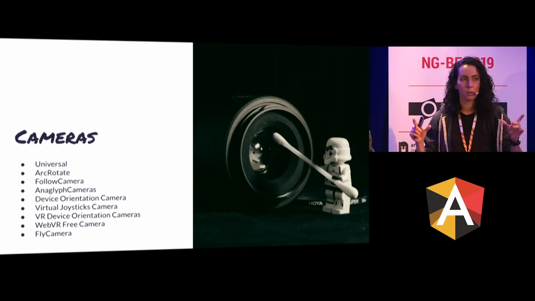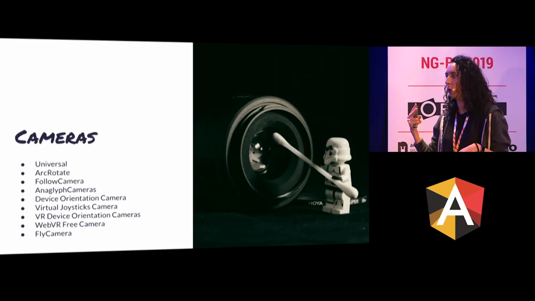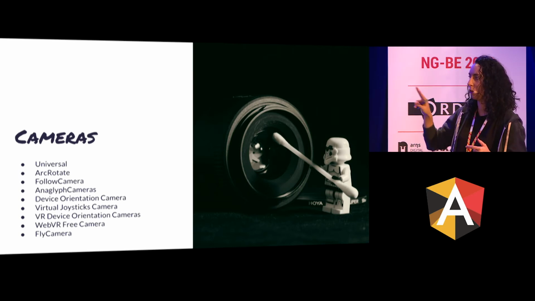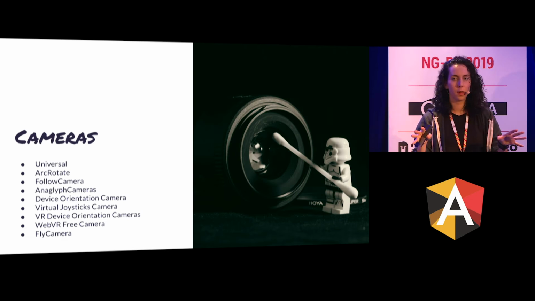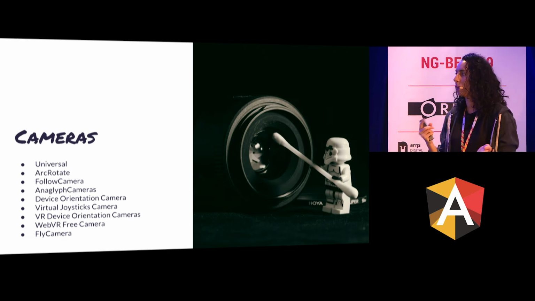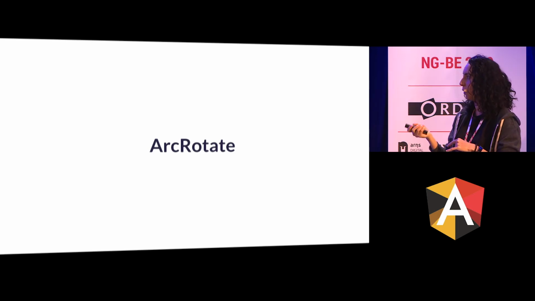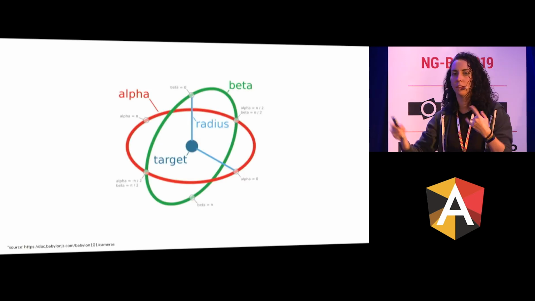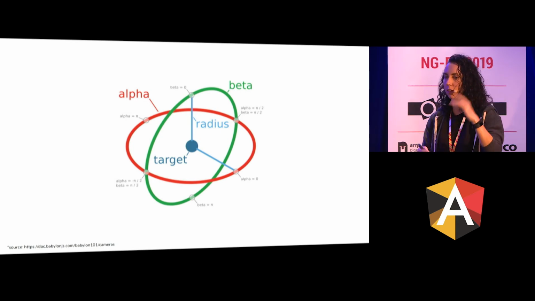The cool thing about babylon.js is that it has a lot of different cameras that we can use. The two most used ones are universal and arc rotate. Universal gives you that first-person camera, and arc rotate is like you orbit around it. So we used arc rotate because we have the gift box, which would be the target, and then you orbit around the gift box, and we did it so that you can see the gift box from different perspectives and have that kind of experience.